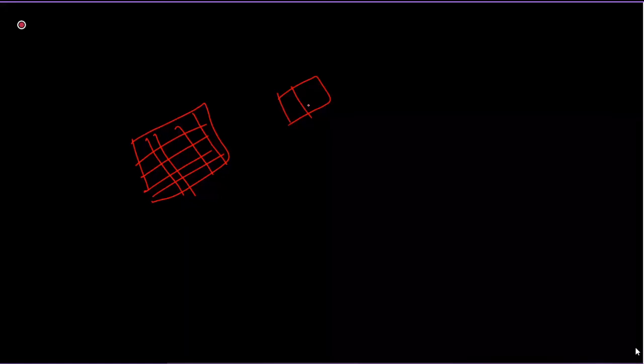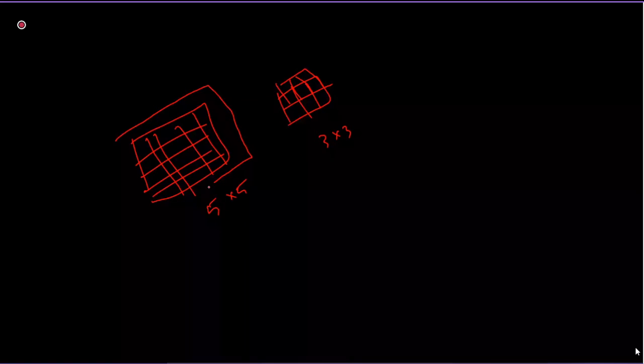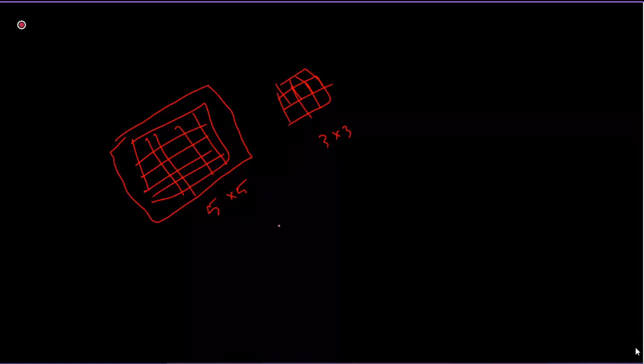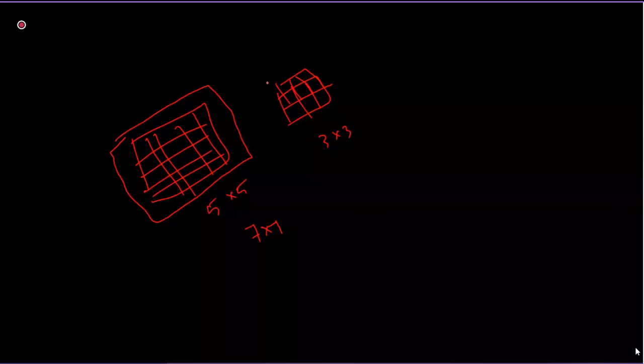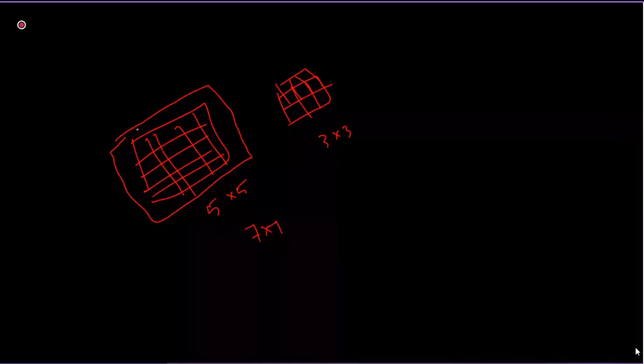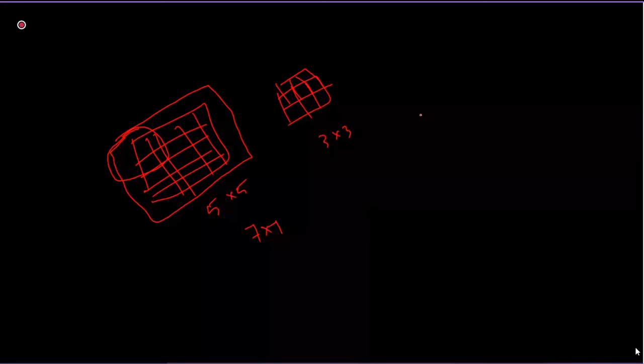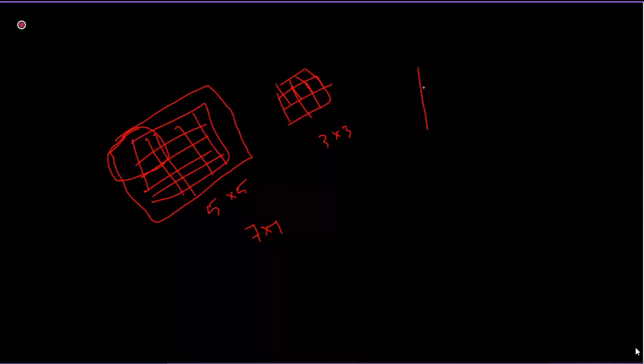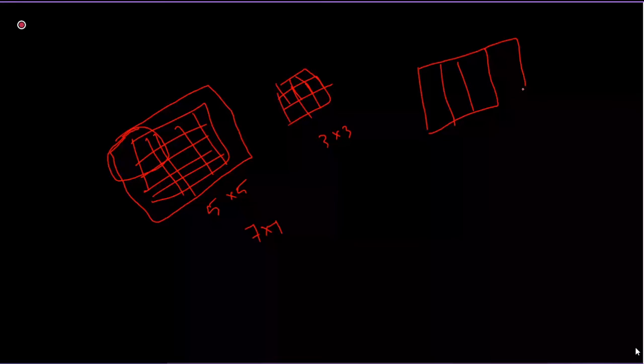We are adding layers of zeros. So here 0 will be added. So now the image size will be converted to 7x7. And when we are applying a convolution operation with these 3x3 filters, the first patch will be here. So finally, after the convolution operation, you will get the output, and the size of